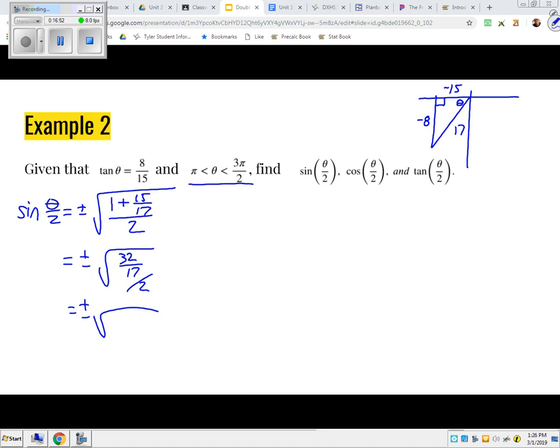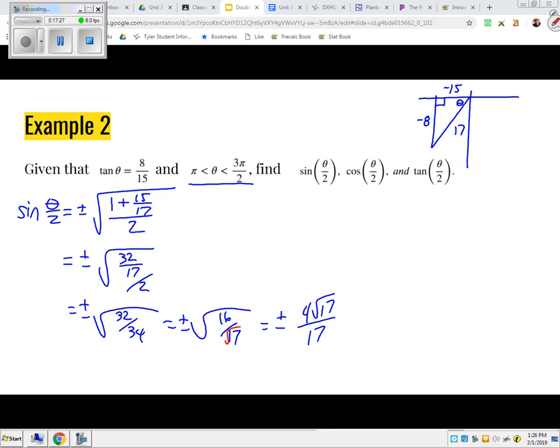Okay, what's that give me? 32 over 34 is 17 times 2. Does that reduce? 16 over 17. So square root of 16 is 4. Square root of 17 is hanging out still on bottom, so I rationalize it, and I get an answer that